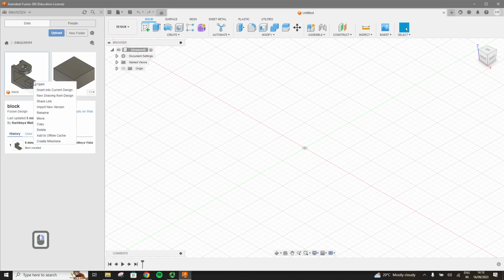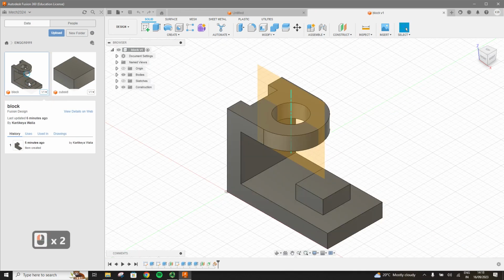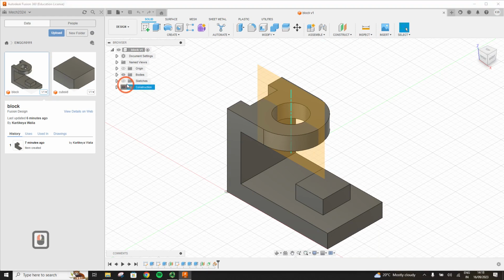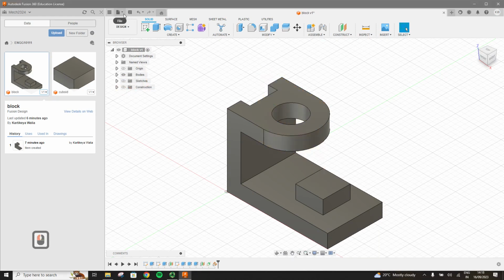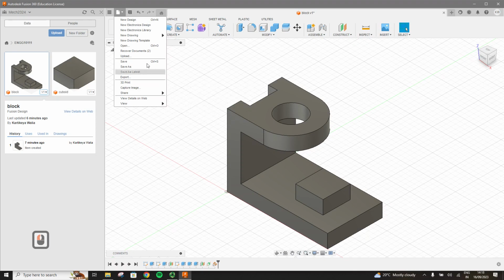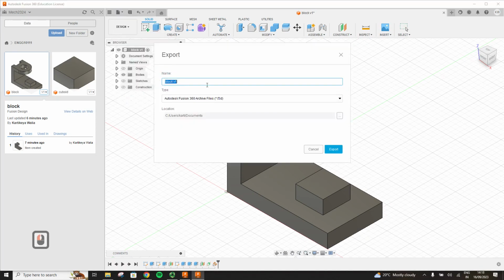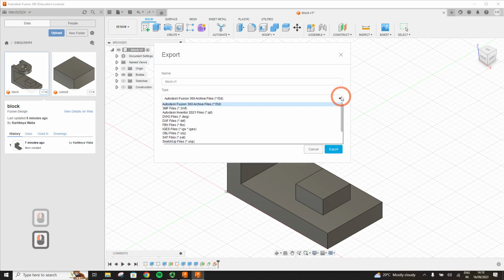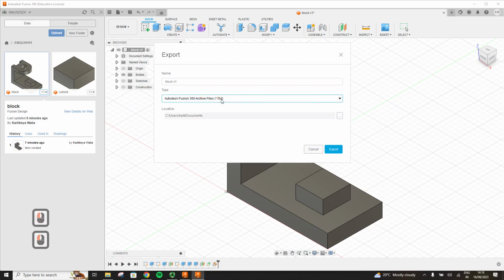If you want to save the file on your PC instead of on the cloud and then share it with someone, maybe using email, or for this example, I need to share it with you on Now Learning Room, I will go to File, then I will go to Export, and I can save the F3D file,